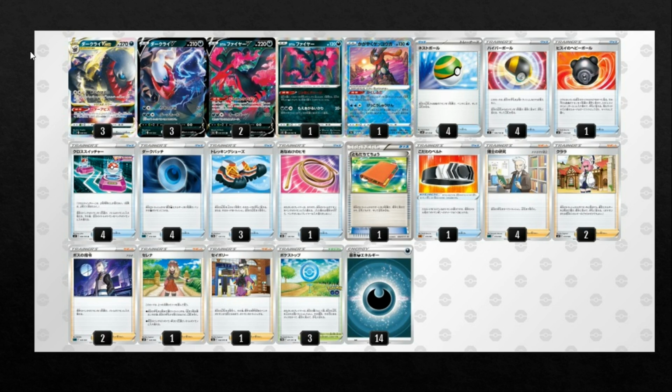Just going into this first list, it's a very straightforward, streamlined build of Darkrai. I think I've reviewed a similar list to this one before in the past. It's playing a 3-3 line of Darkrai, which is really solid. 2 Galarian Moltres V, 1 baby Galarian Moltres, really good at prize trading into 1-prize matchups, 1 Ranger and Greninja, and then the ball search is probably what you'd expect, 4 Nest Ball, 4 Ultra Ball, and then we